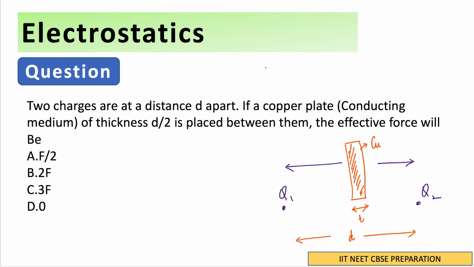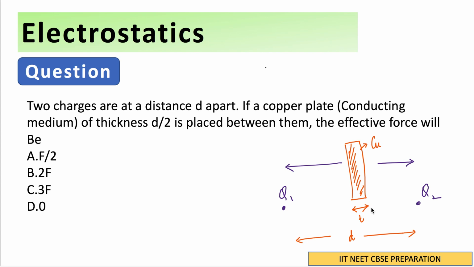Hello guys, let us take a look at this question. It says that two charges are at a distance d apart, and if a copper plate of thickness d by 2 is placed between them, what is the effective force between the charges? First of all, as you can see in the figure, q1 and q2 are two charges placed at distance d apart, and then we are inserting this copper plate,